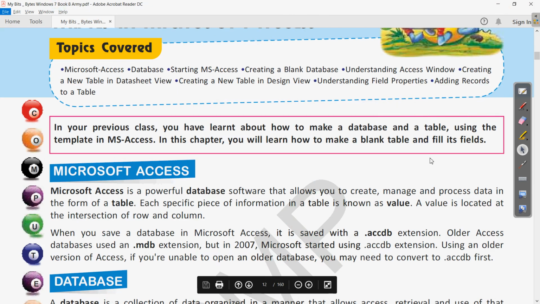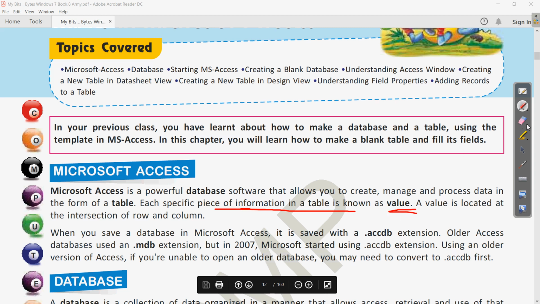Here we can find it on page number 12, I think. Okay, here you can see that a specific piece of information in a table is known as value. Clear? This same was the question, what is the name for a specific piece of information in a table. So the answer will be value.